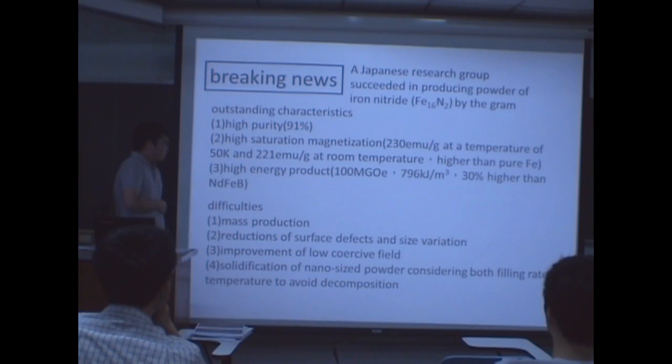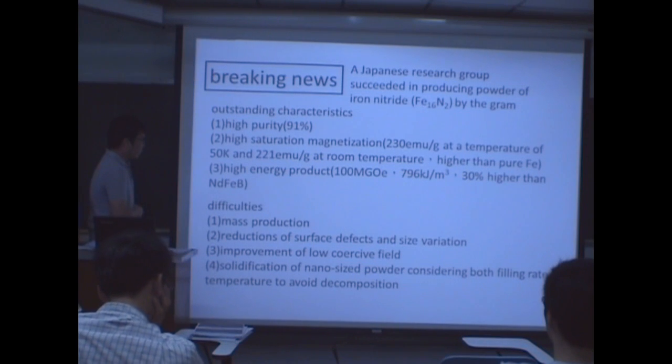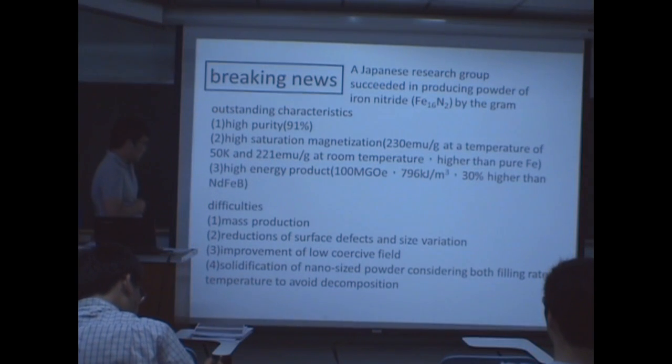However, to be a substitute for permanent magnets, there are still some difficulties: mass production and reproduction of defects and variation, and improvement of low porosity and some solid